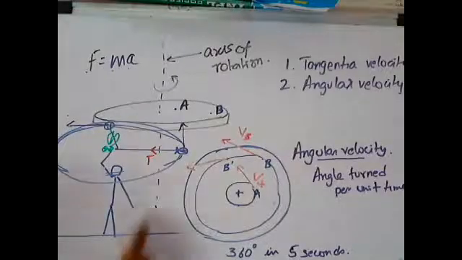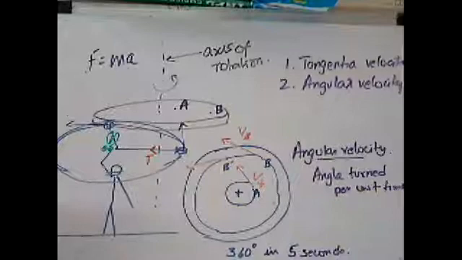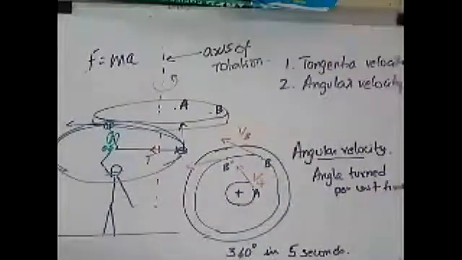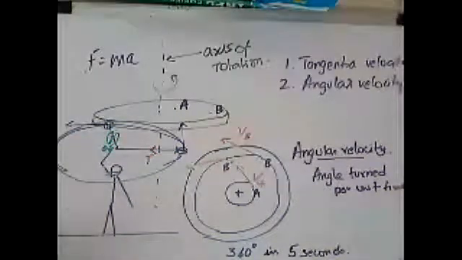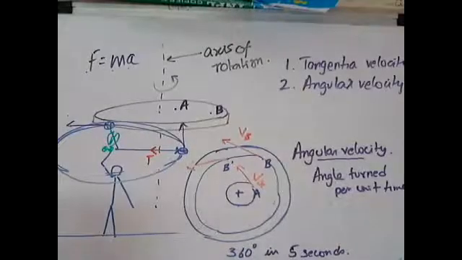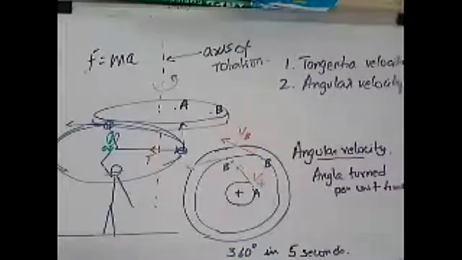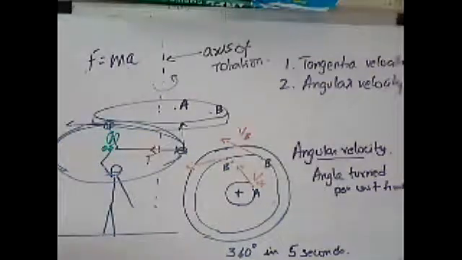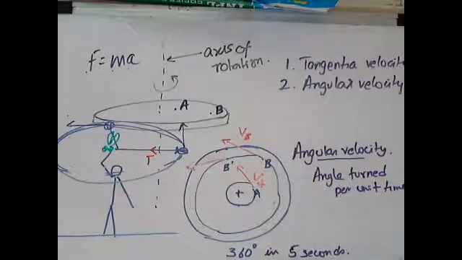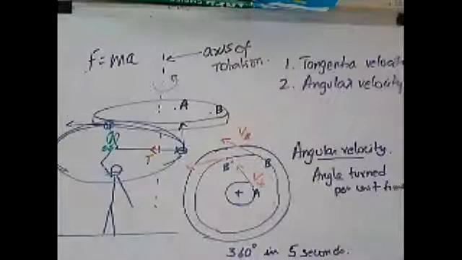So a person is spinning around a string with a stone tied to the end. The stone has tangential velocities to the perfectly circular path that it is going around. And since we can argue that at different points the stone has differing velocities simply because the direction changes, then there has to be an acceleration, because if there is a change in velocity, there is acceleration. If there is an acceleration, then there has to be a force by second law. So if you cut the string, how do we know that?